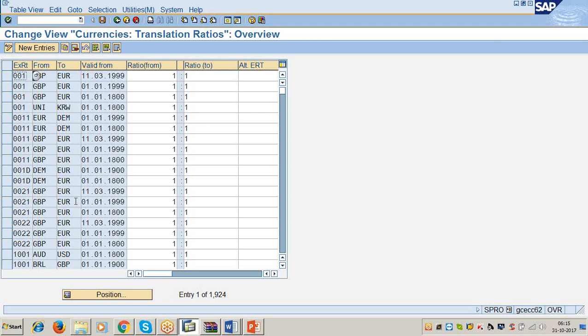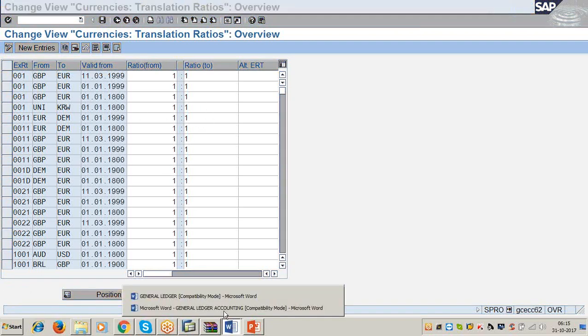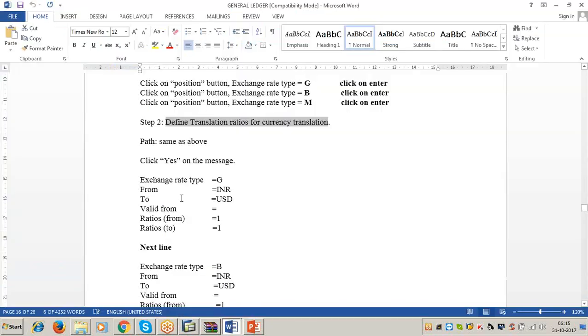And if you're doing the practice with Indian company code, I will tell you once this is completed. Because the settings are different if your company code is in India or if your company code is in US. So those who are doing the practice with US company code, please write down first.